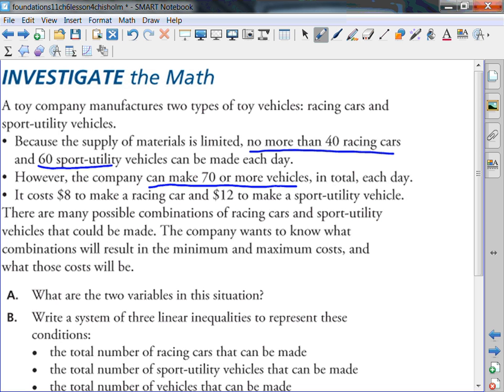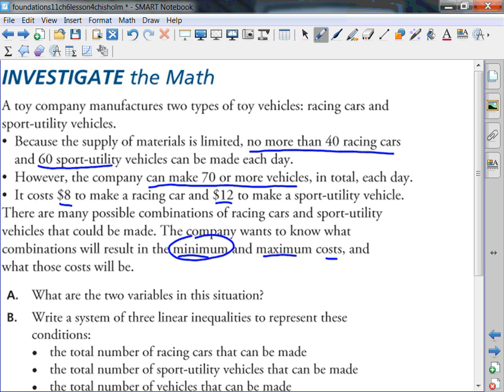It costs $8 to make a racing car and $12 to make a sport utility vehicle. There are many possible combinations of racing cars and sport utility vehicles that could be made, but the company wants to know what combinations will result in the minimum and maximum costs and what those costs will be. So that's what an optimization problem is all about, determining minimums and maximums. It's going to help companies